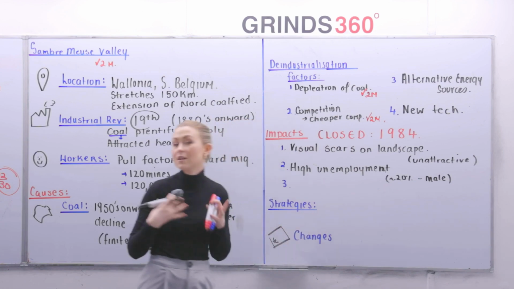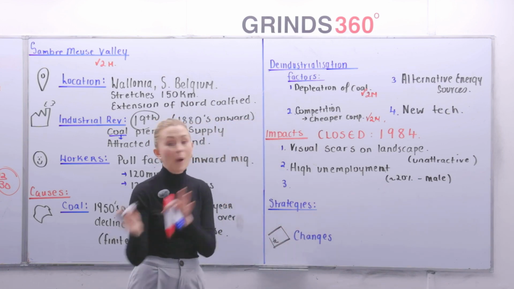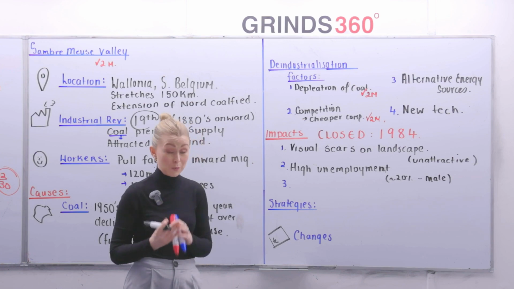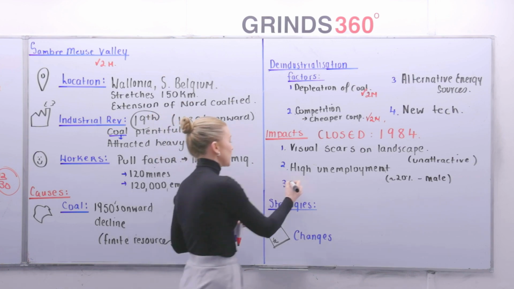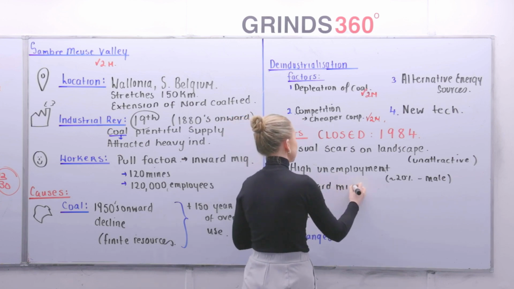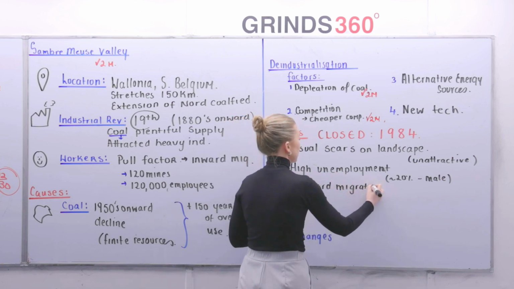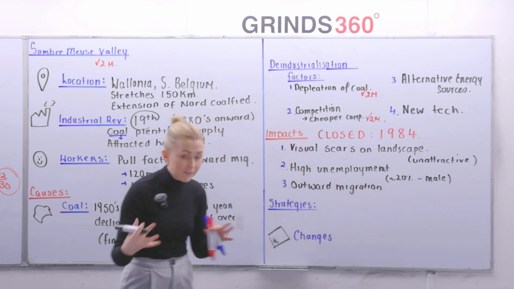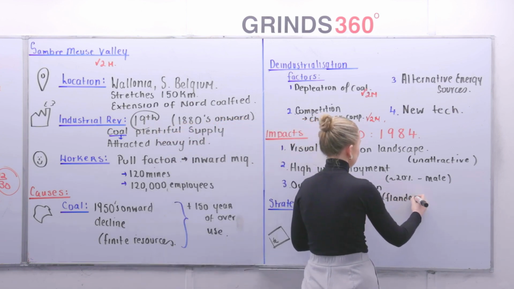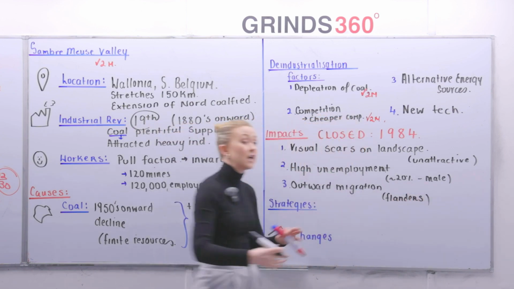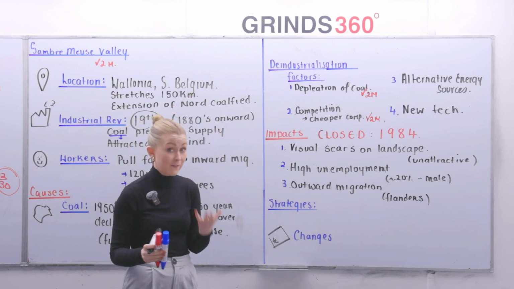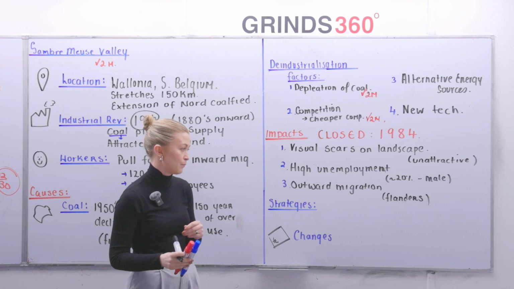A lot of these males lost their jobs after the coalfields closed, or actually before the coalfields closed, and at its peak it was about a 20% unemployment rate. Our last one, outward migration. Outward migration as people went in search of better jobs, a better living standard, and one of the places they went to was Flanders. Flanders was a new growth centre. Again, that's your northern Belgium, new growth centre, and again, they speak Flemish, a variation of Dutch there.